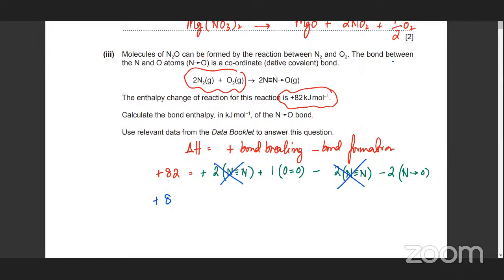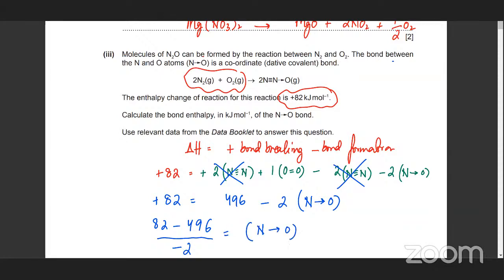So it's going to be plus 82. And oxygen in the data booklet, that's 496. And minus 2 times N-O coordinate bond. And you can take 496 to the other side and then divide the whole thing by minus 2. Okay, so if we do that, it's going to be 82 minus 496 divided by minus 2. That gives me